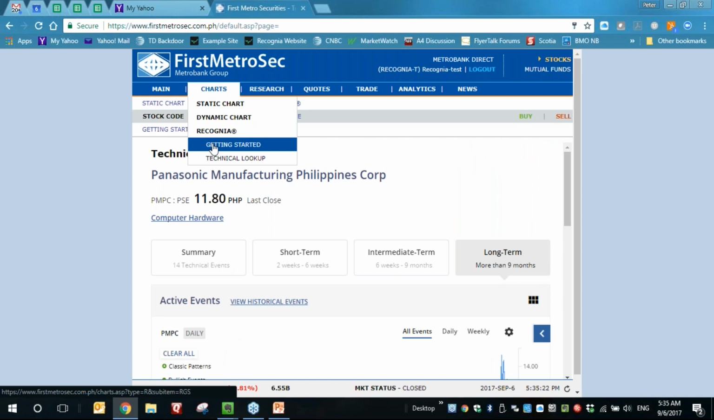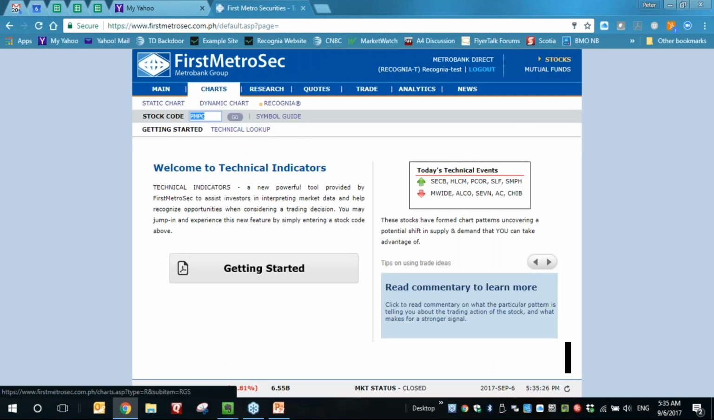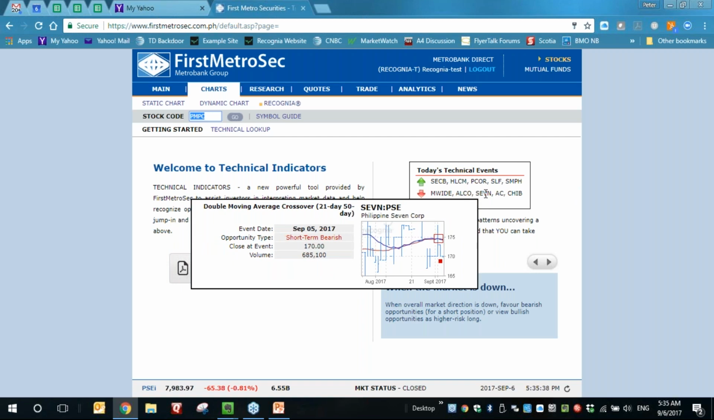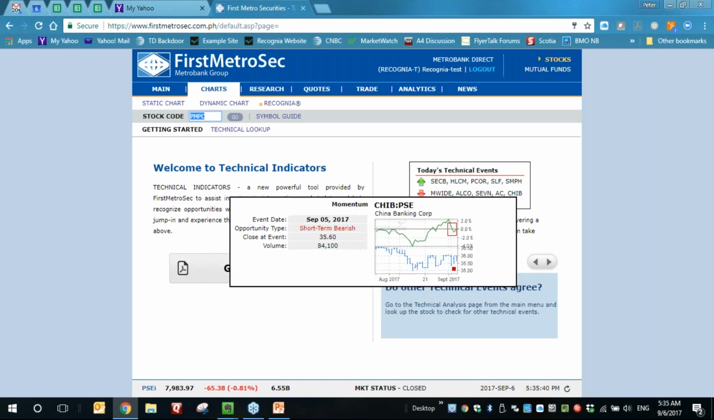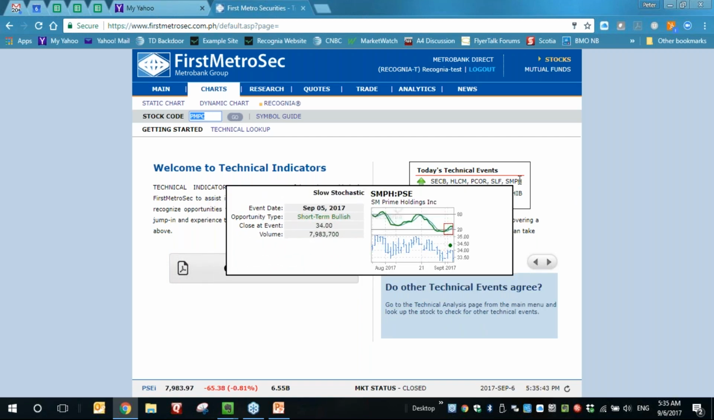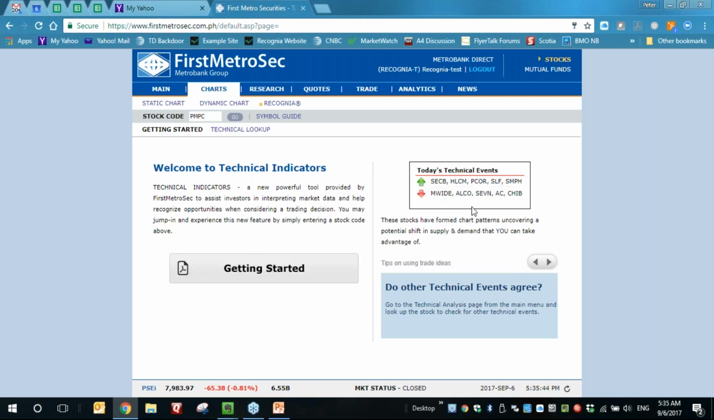I want to also show you that if you go under this Getting Started link, we have some technical analysis education here. So there's a getting started guide. You can actually click on this link and get Recognia's getting started guide. And again, over here we have today's technical events as trade ideas. So for any one of those, for example, you might choose to get more information. And if you actually want more information on one of those, like this one here, for example, SM Prime Holdings,